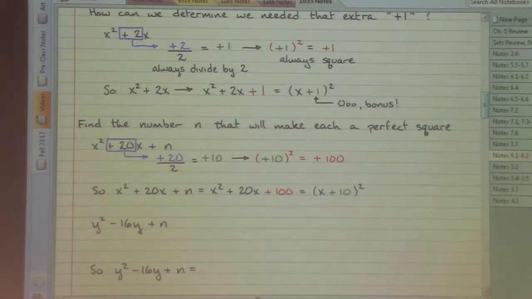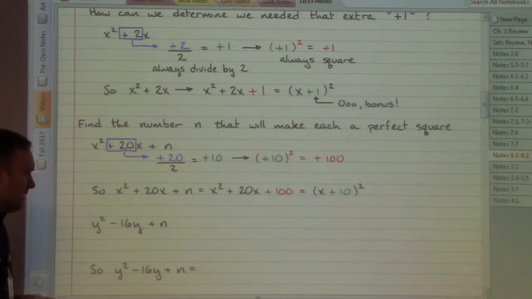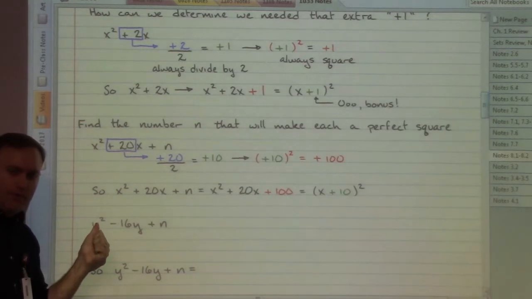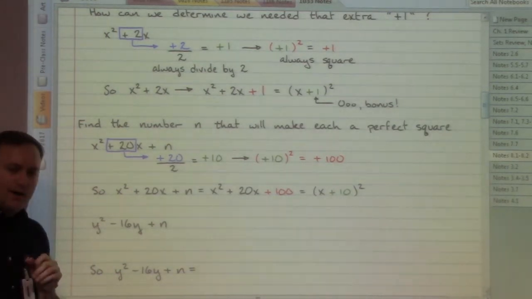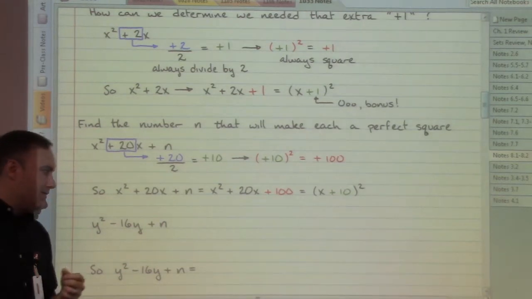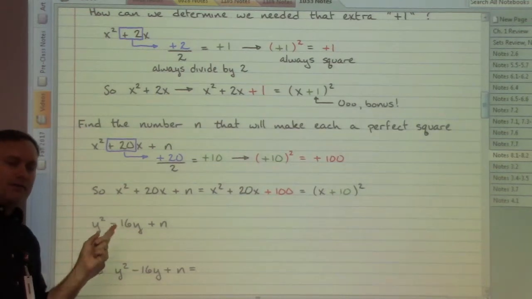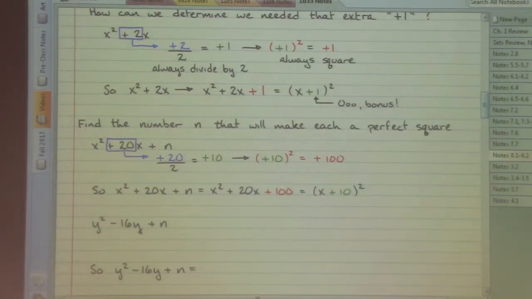Let's look at this example together. Again, the first part that I want to come back to and stress for when we need to in the future, I have a y squared. There's no other number out in front of the y squared. So I have the y squared, and that means that I am now ready to begin my process of completing the square by taking the number in front of the y as well as the sign that goes along with it. So we've been boxing that in blue. We want to take the number and the sign that's in front of our regular variable letter